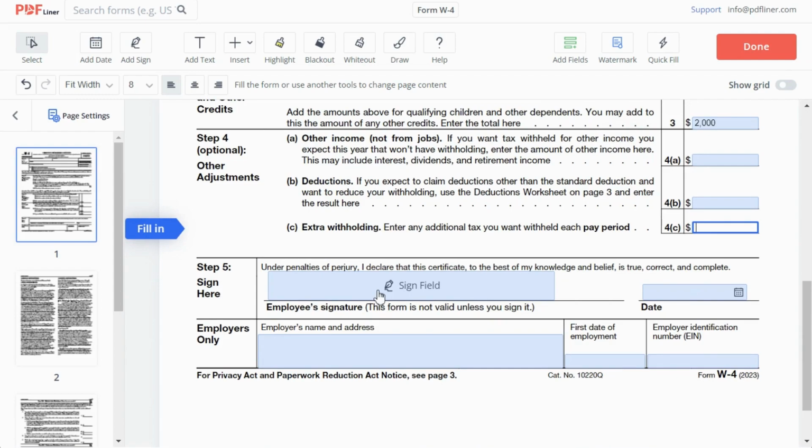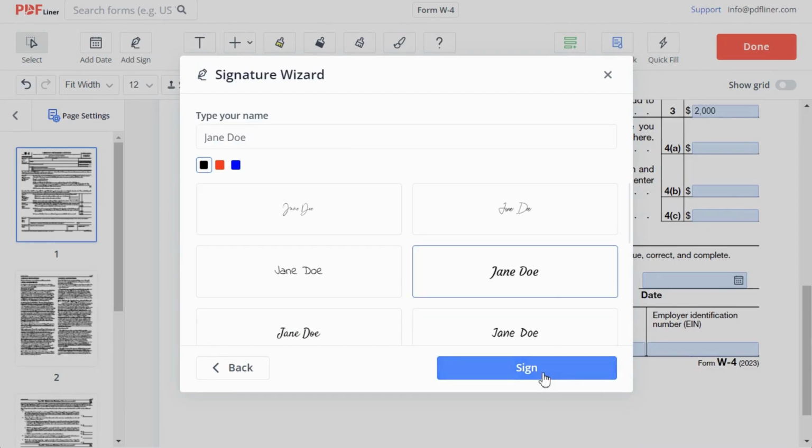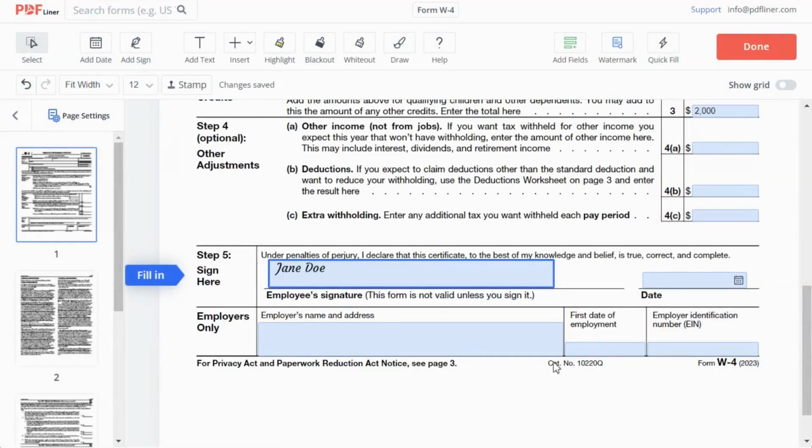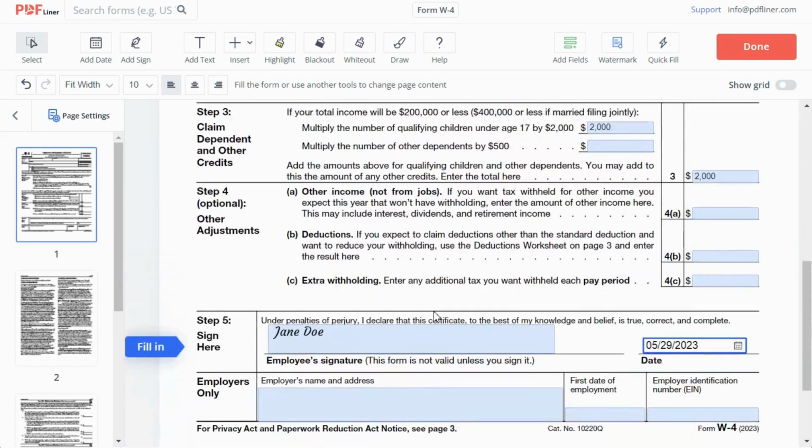To do this, using PDF Liner, simply click on the Sign field and choose one of the sign-in options. Create your signature and click the Sign button. After that, pick a current date over here. This is it. Now you can send the form to your employer so they can add their information at the